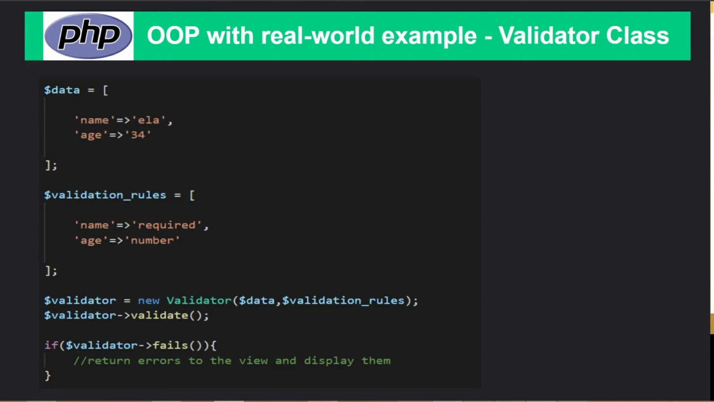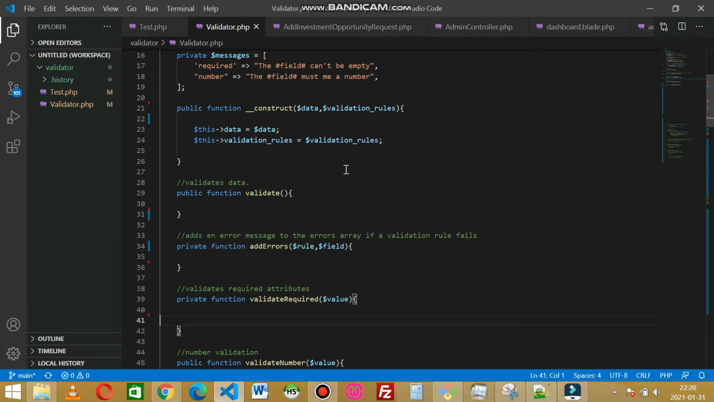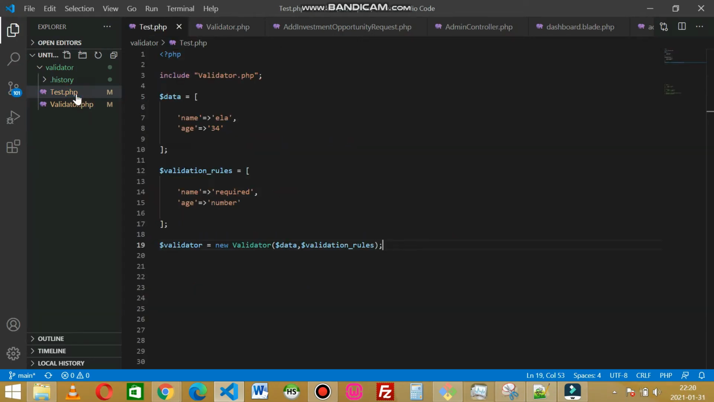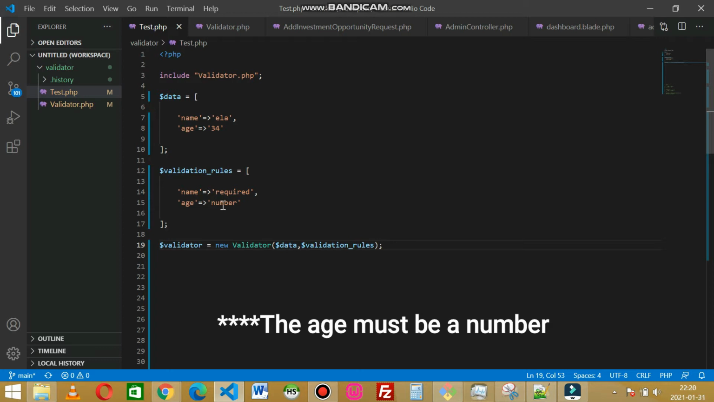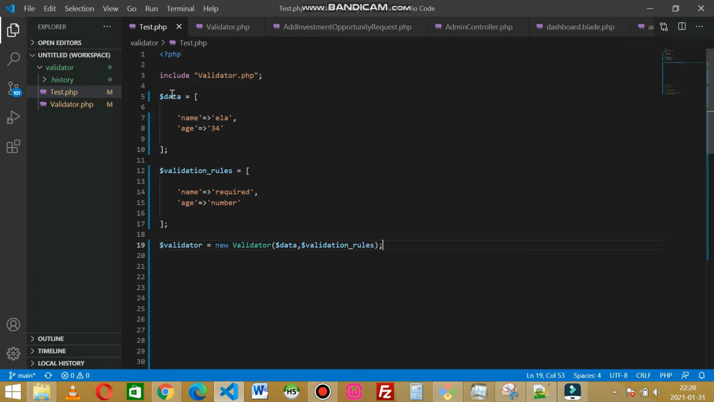Hello there. In this part of the tutorial, we're going to be looking at the validate method of our validator class. The validate method looks at all our validation rules and gets the rule for each field. So it's going to look at these validation rules and get the rules for each field. So it's going to say, okay, the name is required, the age is required, and then it's going to go to the data array and say, okay, what value do we have for the name field and what value do we have for the age field,